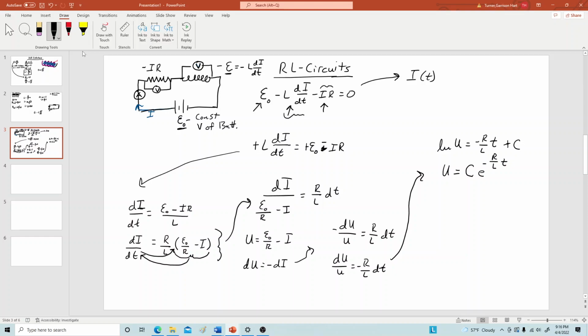But u was equal to epsilon naught over R minus I, right? Epsilon naught over R minus I. And so